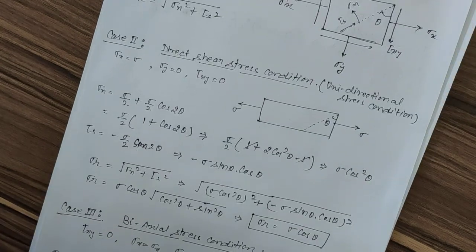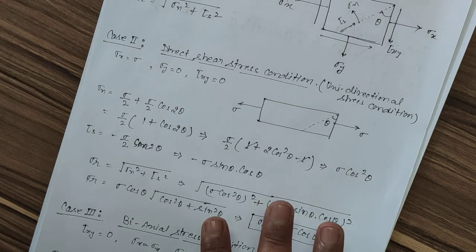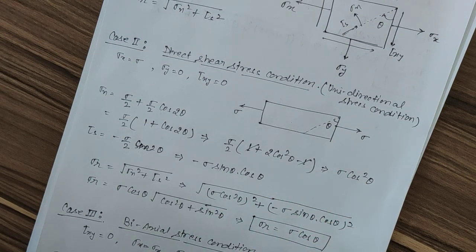This part is known as the analytical analysis. Here we are analyzing all the cases analytically. Now the second type is to analyze all these cases graphically. That is known as the Mohr circle. In the next lecture we will discuss what the Mohr circle is and how to draw it, that is the graphical method, for the different stress conditions.